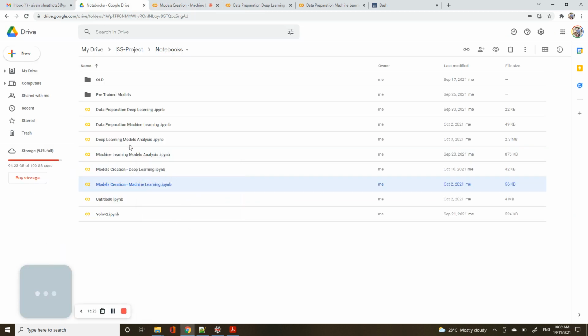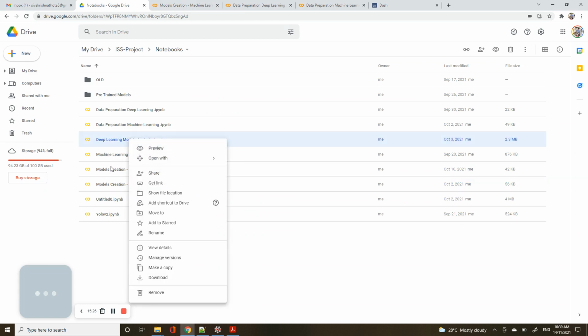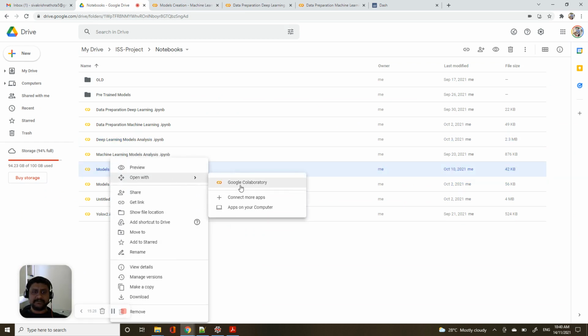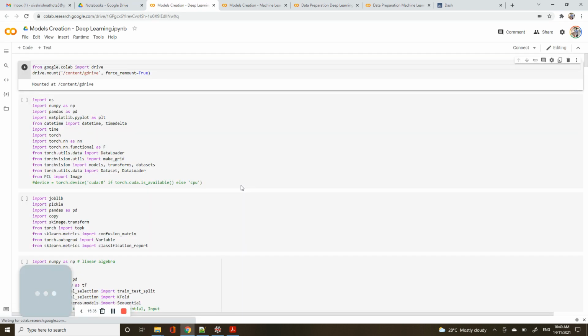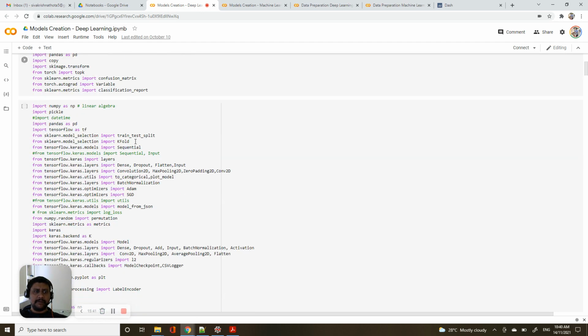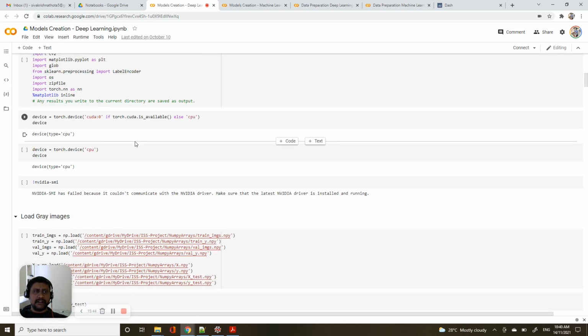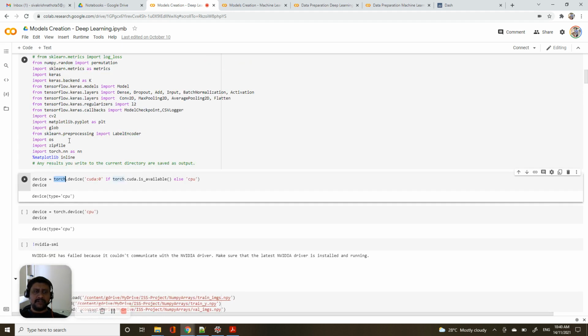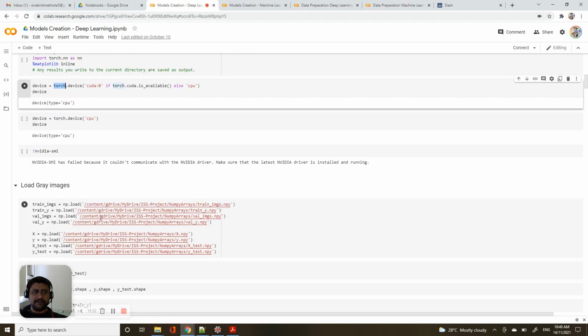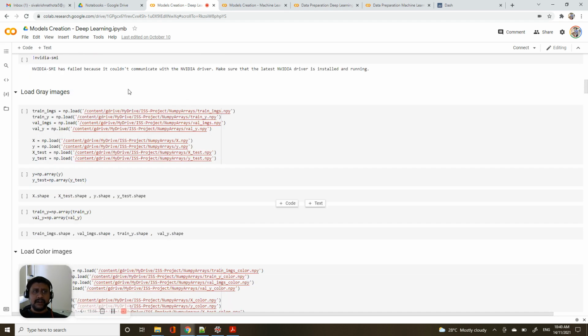Then coming to deep learning model creation. Mounting the Google Drive, importing libraries, and here I used the PyTorch library for ResNet, and TensorFlow for CNN and VGG.